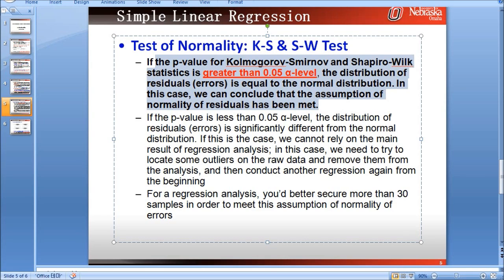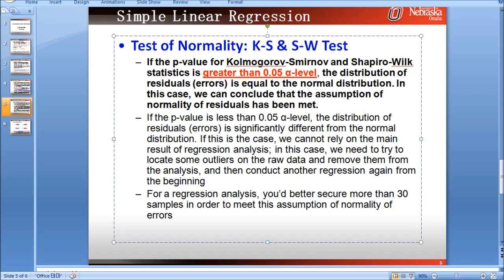That's basically about the test of normality of estimation errors. That's basically what we are supposed to do.